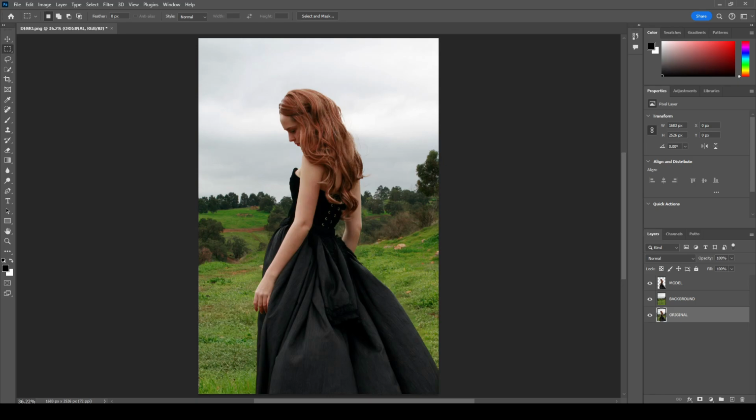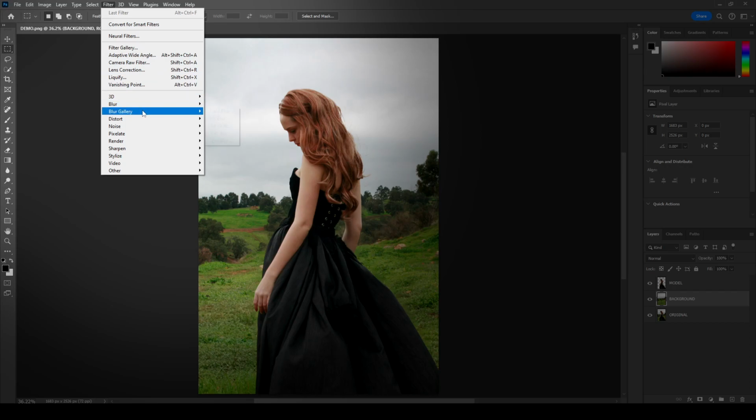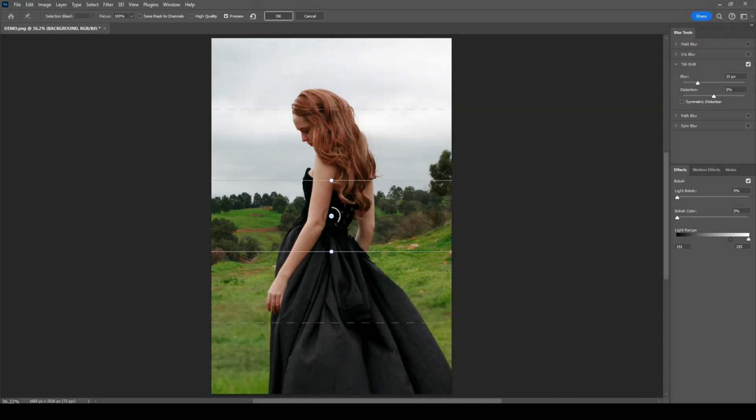Since we're focusing mainly on enhancing the depth of field of our image, we'll want to apply a digital blur to our background layer. To do this, you'll want to go over the Filter tab, click on the Blur Gallery drop-down menu, and select Tilt Shift. This gives you the option to alter the focal plane of your background, particularly in terms of the intensity and